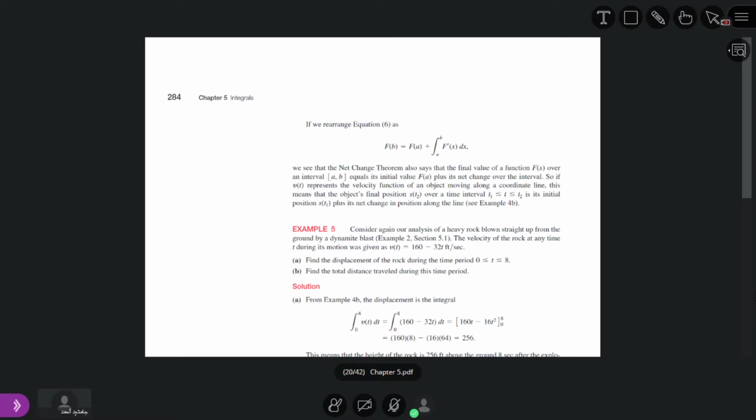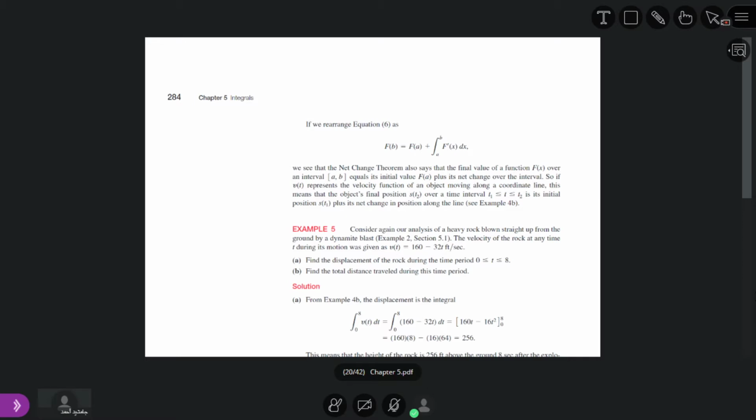And what is the result of this? The result is the original function, f of x. It means the differentiation and integration are cancelling each other. This d over dx and the integral from a to x are inverse of each other. So differentiation and integration both are inverse of each other.